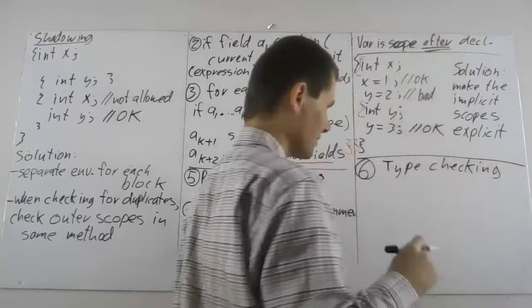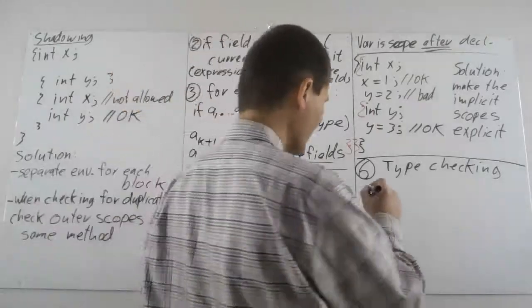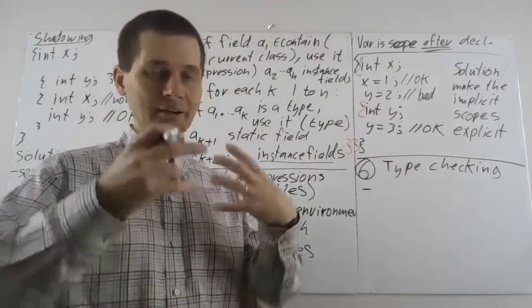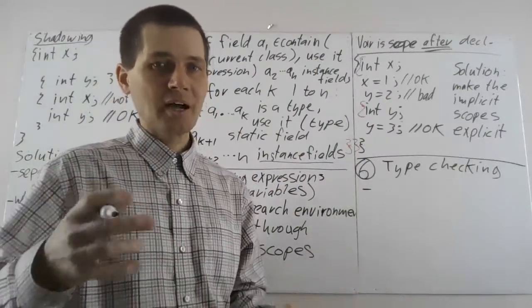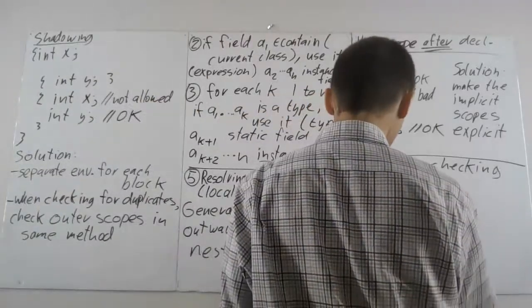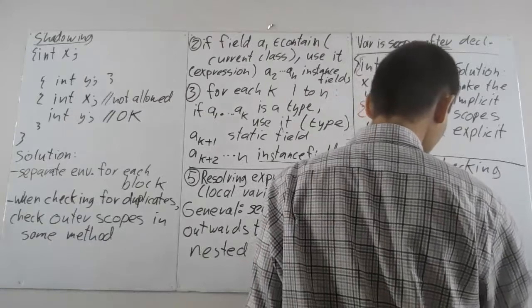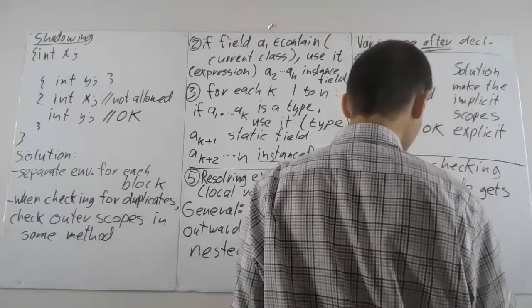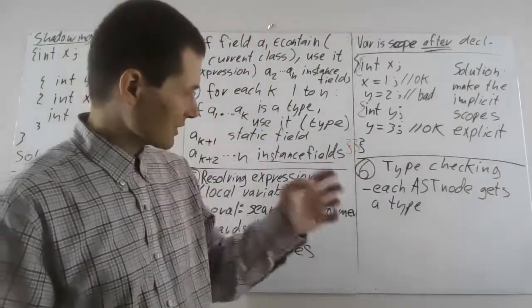And so type checking is going to be a big topic, and so I'm going to save that for later. All I'll tell you is that the output of the type checking phase is that for every AST node that represents an expression or a sub-expression, type checking is going to give each such node a type. Let's say each AST node gets a type, and we'll look later at how we do this, but this is the end goal